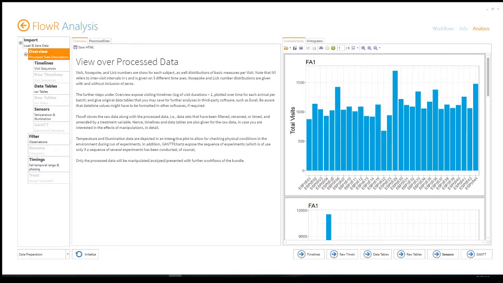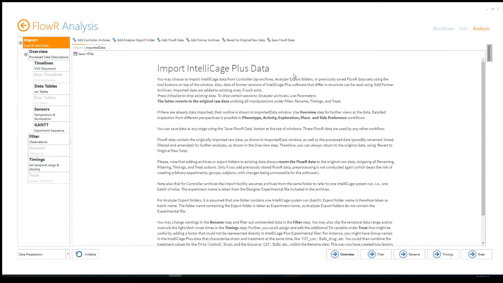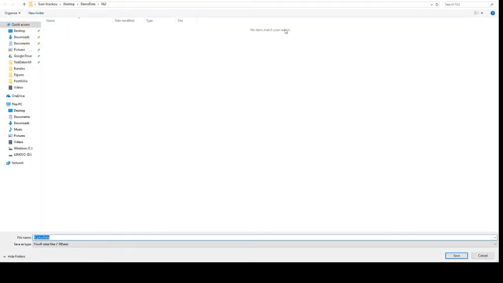There's another tab which is not useful here, it's called Gantt. You will get Gantt charts if you have many experiments. You will get the timeline of which experiments have been done, but in this case we have only one for each batch. So if you are done like that, you can save those data,